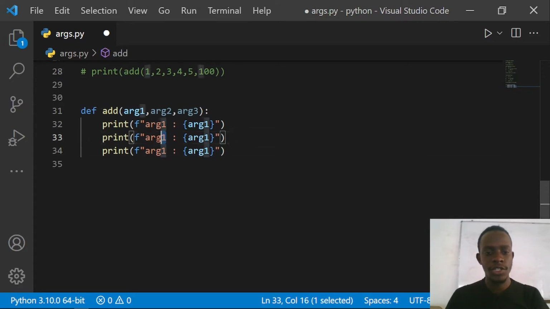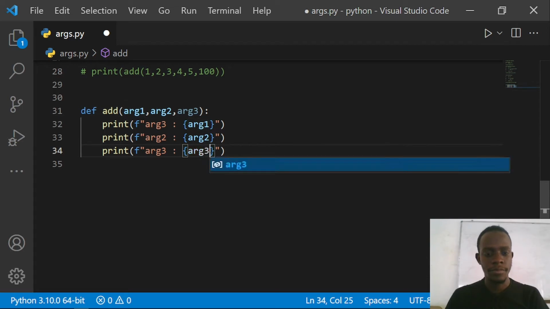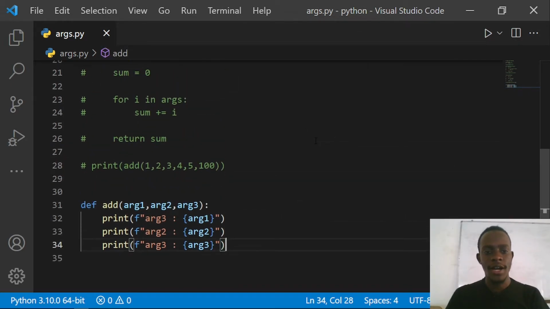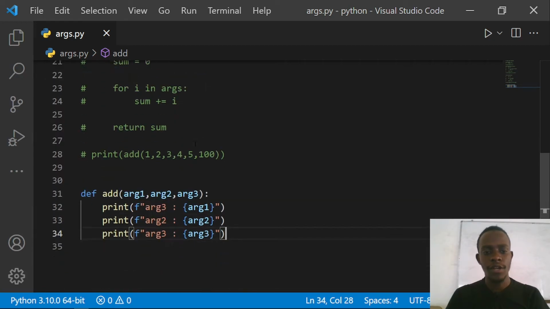So I'll basically change this to arg2. This is going to be arg2. So I'll do the same thing for arg3. So this is actually going to be for arg3. So once we do this, we expect that this function is going to take in these arguments and then print them to the console. Now, if you want to use this args notation, what we can do is to actually